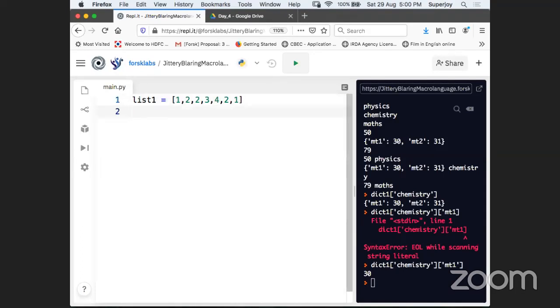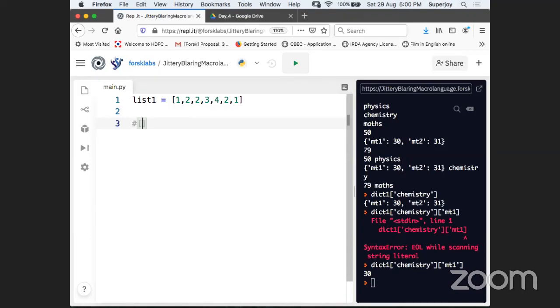Now, guys, please listen to my problem statement. What I want to do on this list is get one more list as an output, and in that list, I should have unique values from this list. Unique values means there should be no repetition of the value in that list.